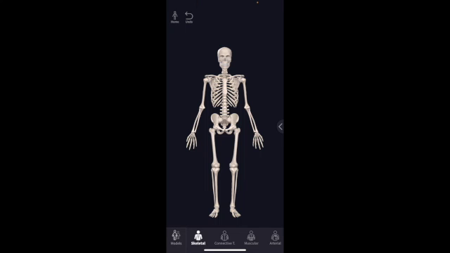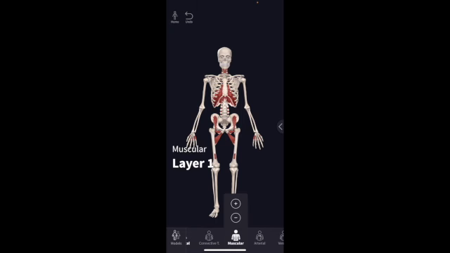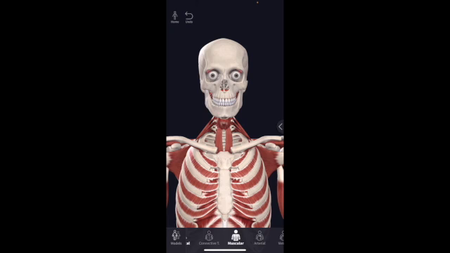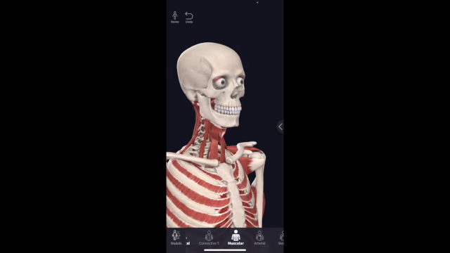Pictured here, I have a 3D model of a skeleton. I'm going to start by adding some layers of muscle. So there's first layer, second layer. I'm going to start with the third layer. What I'm going to do is zoom in on our guy here, and we're going to be turning to the